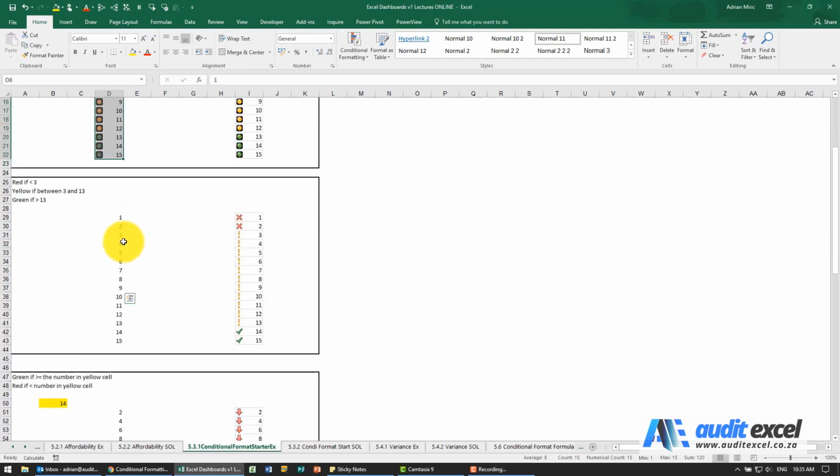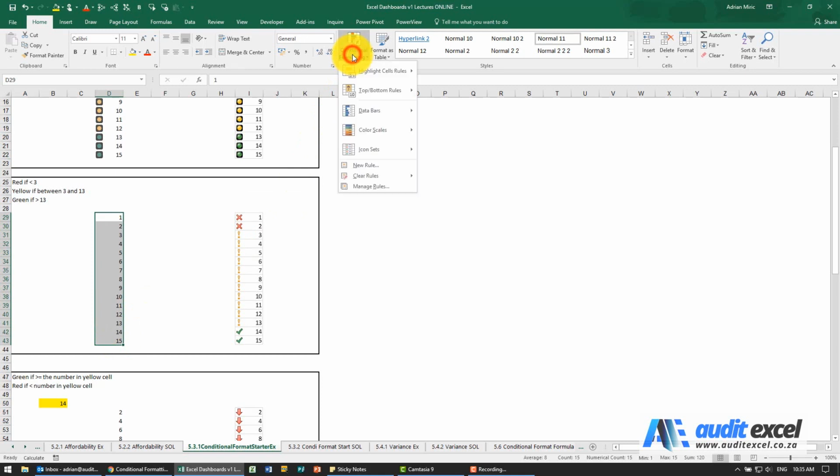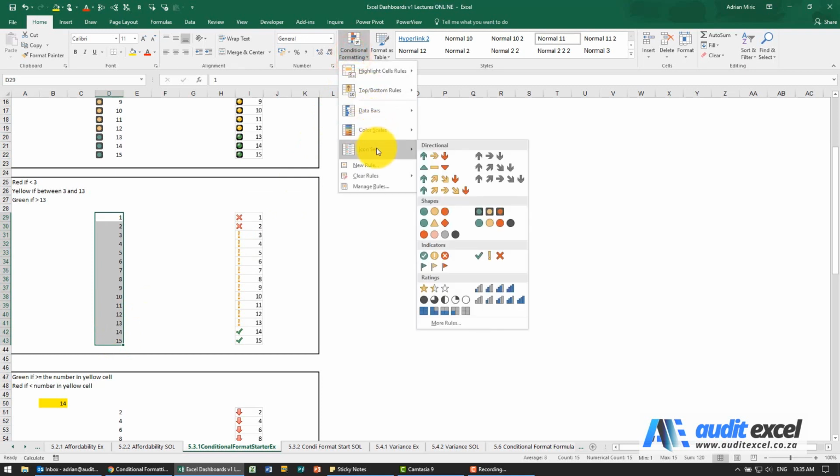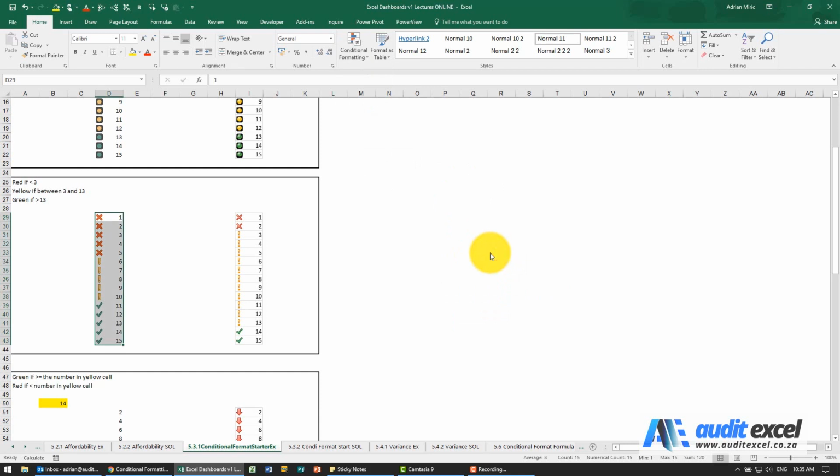For the next one, we now want to be red if it's less than the absolute number 3, yellow, green, and you'll see we've chosen ticks, crosses, and exclamation marks. So again, I can highlight it. I'm going to go find the icon set, so it's that one there. When I click on it, Excel guesses and it decides that's how it's going to do it. You can see it's completely different. So let's go into manage rules,